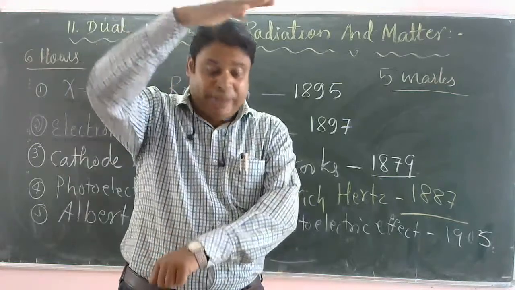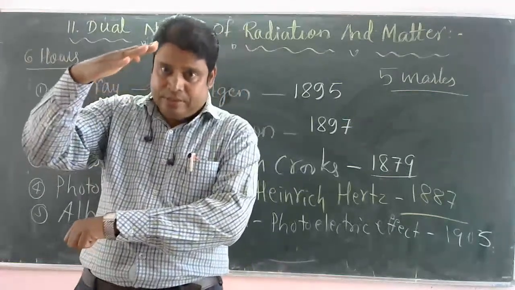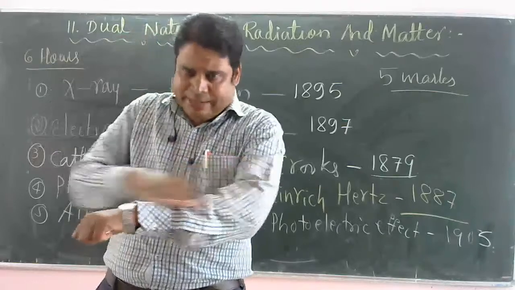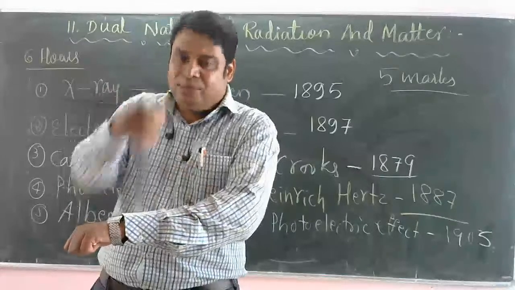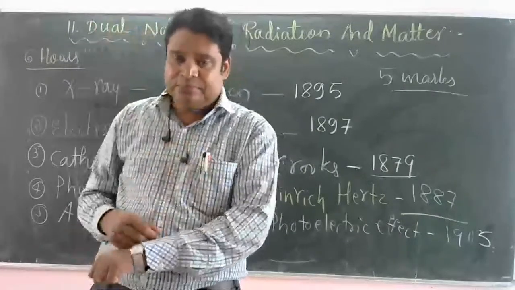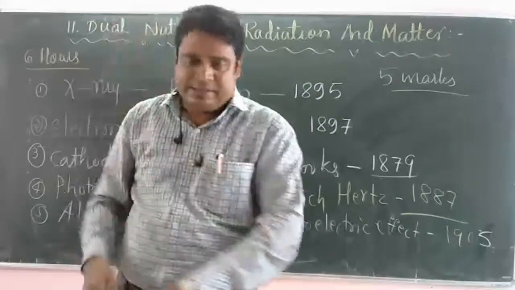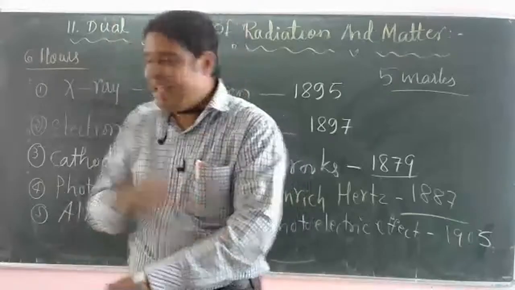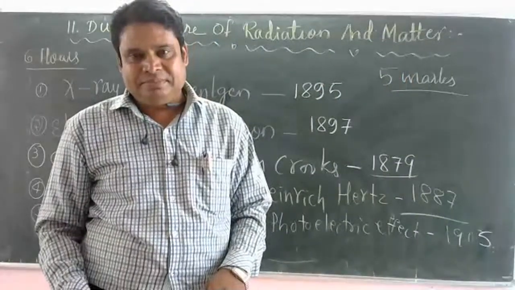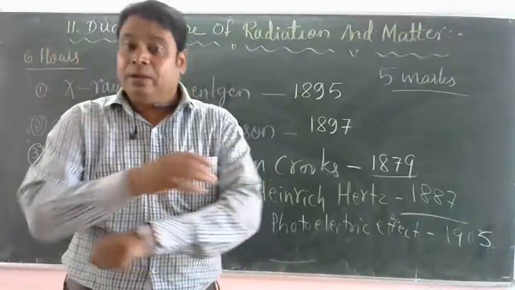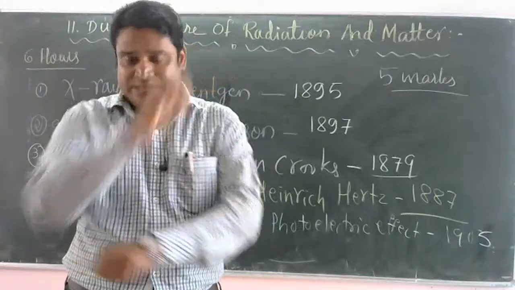When some radiation, some light, is incident on some material, the surface of a metal, remember metal, and if you are still considering light as a wave, the emission of these particles, so-called electrons, as detected by J.J. Thomson, was impossible to explain. Even now it is impossible to explain that phenomenon, that process.